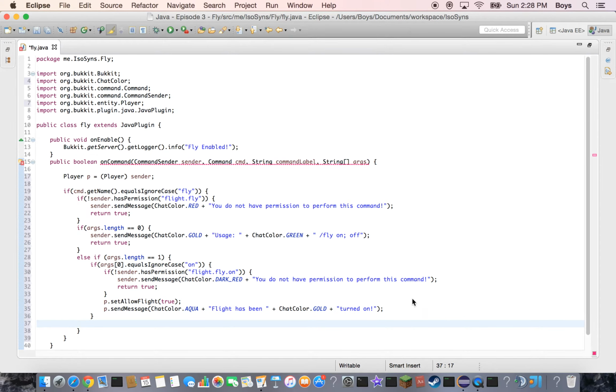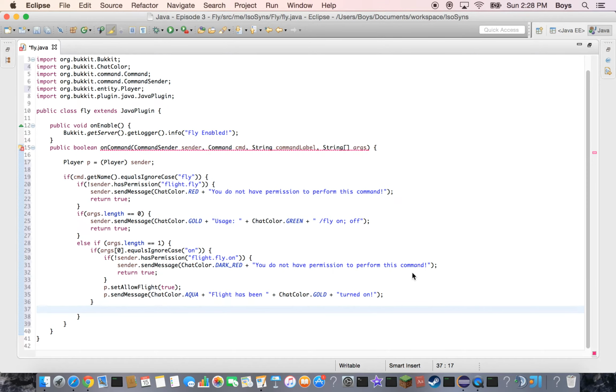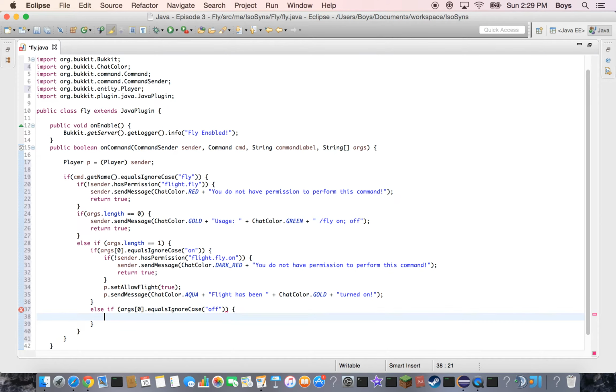Now let's go ahead and scroll down on that. Then we'll just write else, then go if args[0].equalsIgnoreCase, and then we'll go off, and then we'll go ahead and press enter on that. And then all we have to do now is